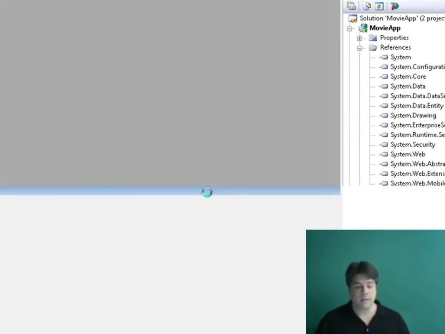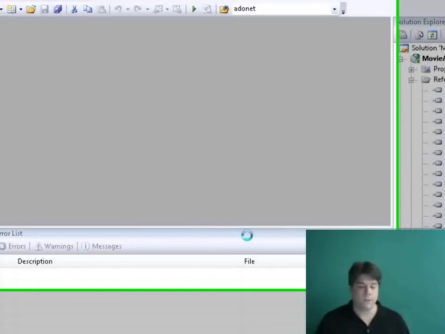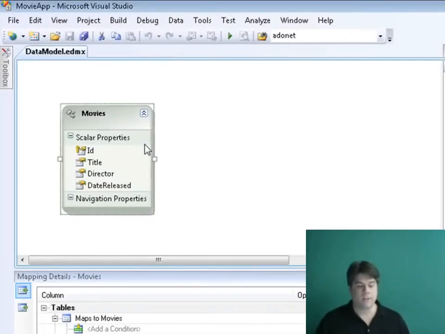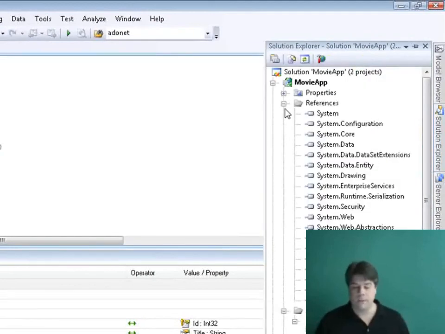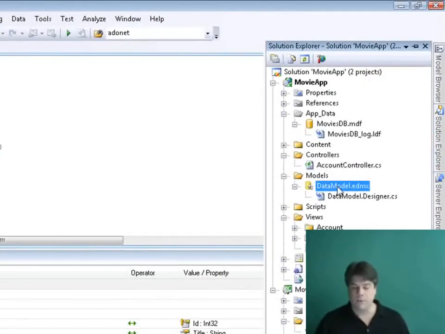At this point, the Entity Framework Designer opens up, and it shows the new Movies class that we created. Now, this is a C# class the Entity Framework has generated for us. It represents the Movies database table. Now, notice it's called Movies. This is going to represent a particular row from the Movies database table. So I want to change this name. I'm going to click on it and change this name to Movie. That way, it makes more sense because it represents a particular movie. All right, so now we've created our model class. If you look over here in the Solution Explorer, now our models folder has a data model